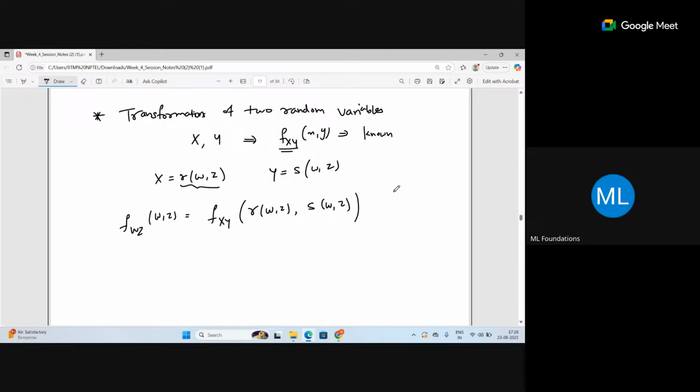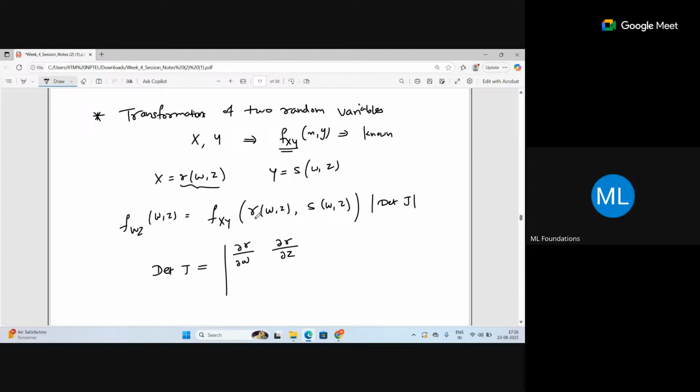And what else have we said? It is multiplied by the modulus of the determinant of a Jacobian. The determinant of the Jacobian is del r by del w, del r by del z,